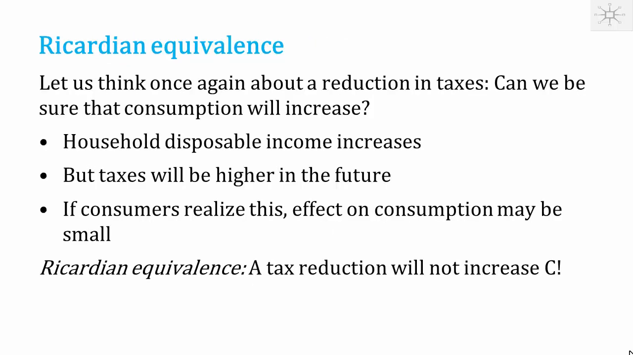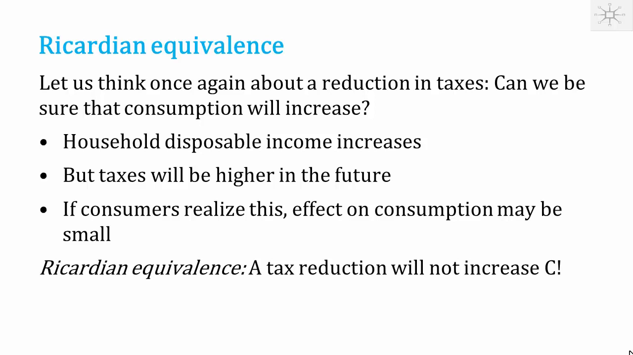However, there is an objection to this argument, which is the so-called Ricardian equivalence theorem. And that says that we should think once more about this. Can we really be sure that consumption will increase if we reduce taxes or increase transfers? Well, very briefly, the argument goes as follows. If we reduce the taxes or increase transfers, household disposable income increases, but households should realize that this increases government debt, and then the government will have to raise taxes in the future to pay interest on the debt and